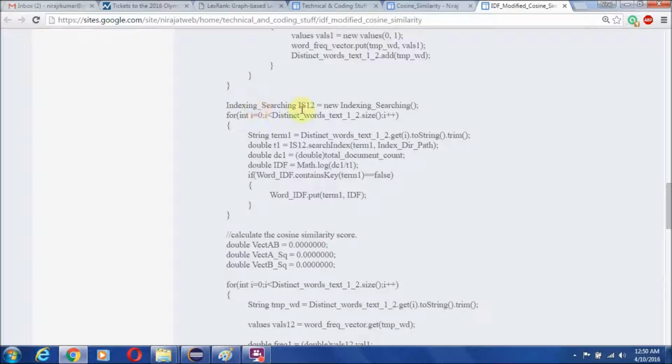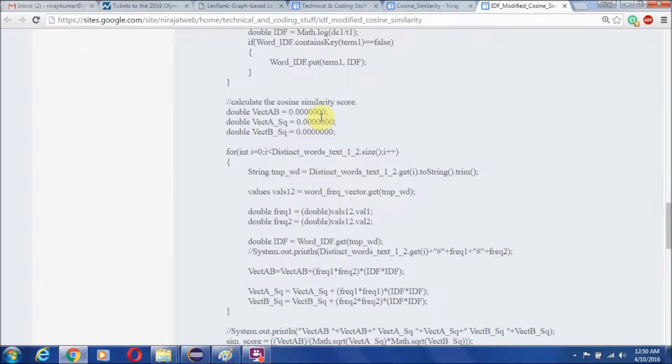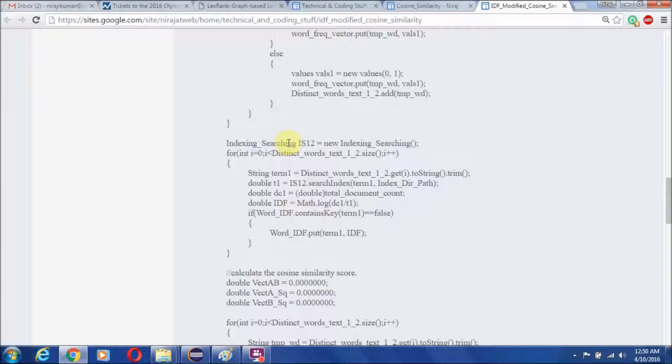And after that we add an additional step to calculate the IDF, inverse document frequency. To calculate the inverse document frequency, I have used a Lucene based indexing system to index all DBpedia documents, and then we calculated the inverse documents.